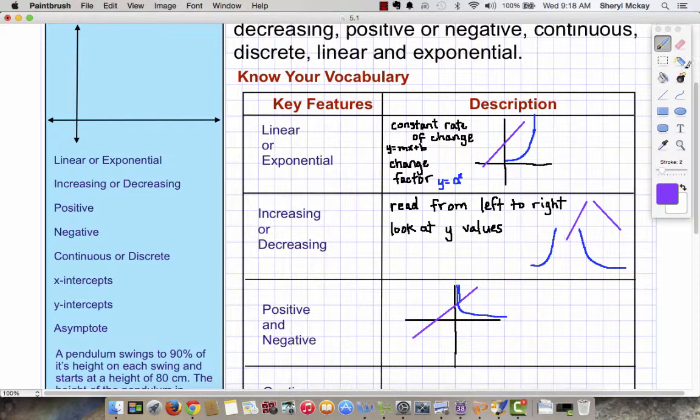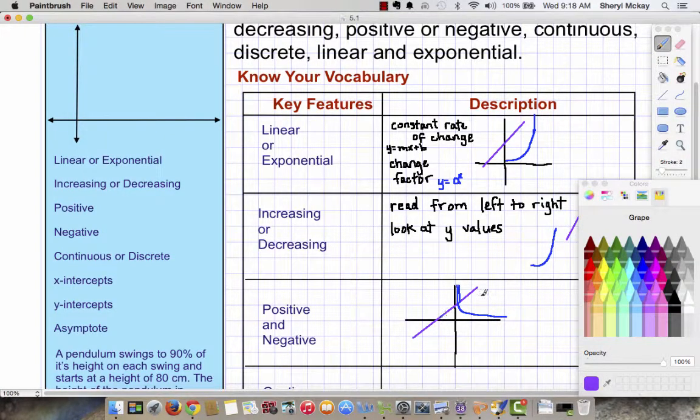Where are the y values positive? Well, they're positive from here to here, right? The y values are positive from here to here. So they are positive when,